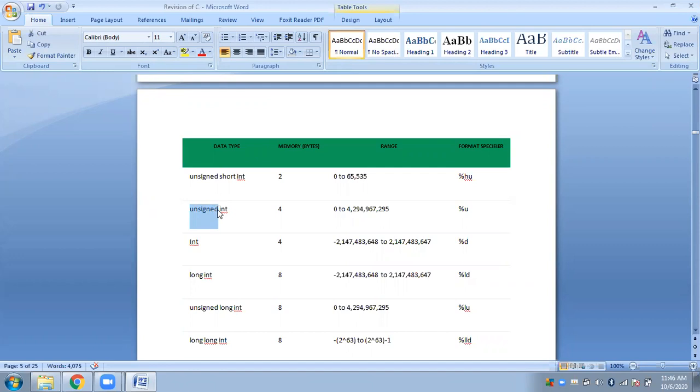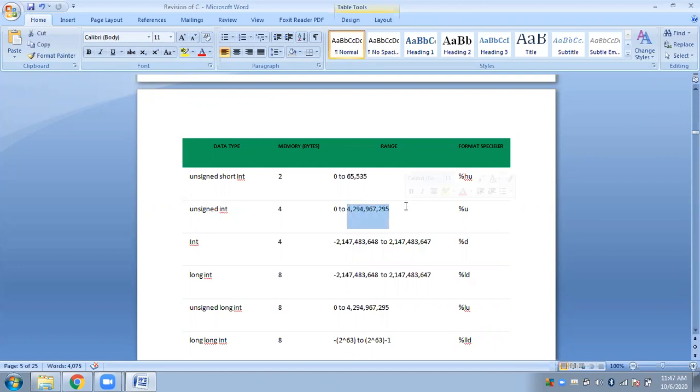Unsigned is also a keyword that we will be using with the int data type. So what is unsigned int? Unsigned means not signed. That means here we will be excluding the negative integer numbers. The size remains the same, the number of bytes will remain the same. It will represent 4 bytes. However, we will just exclude the negative numbers from the number scale, so we will basically start from 0 to this.